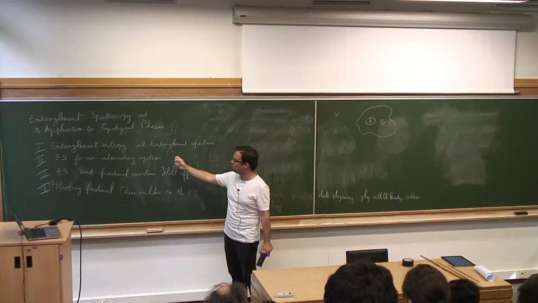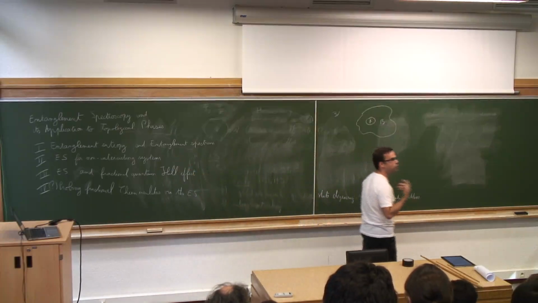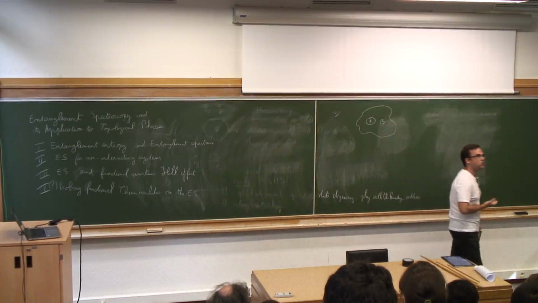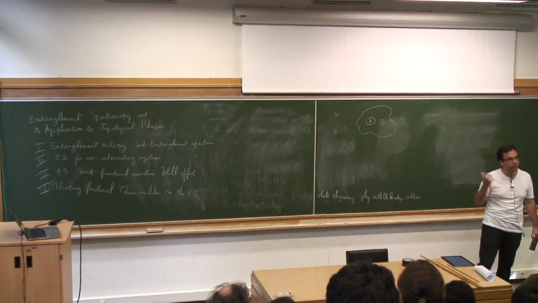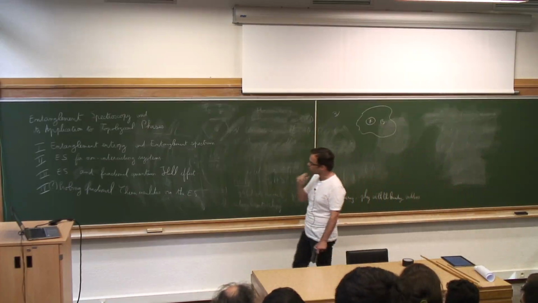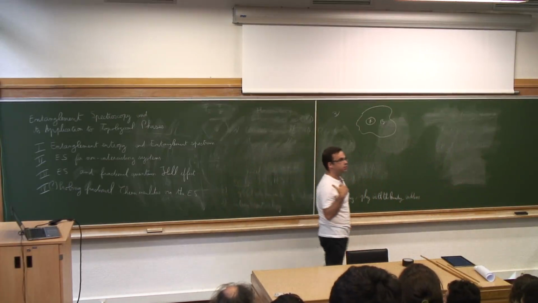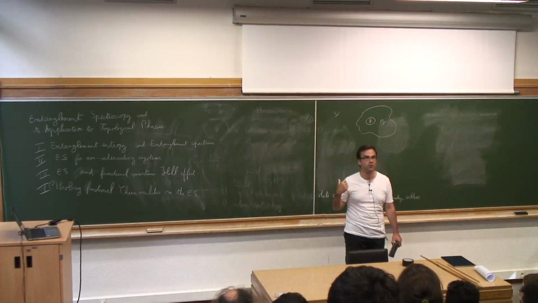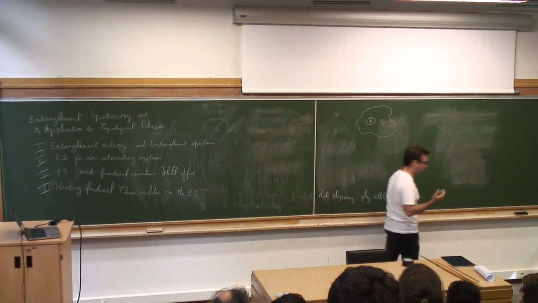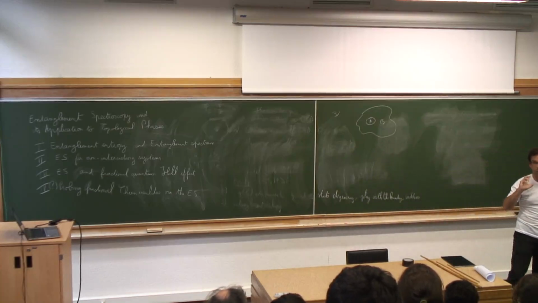The next lecture will be more about the calculation of the entanglement spectrum for non-interacting systems, where you can see the edge physics emerging from the entanglement spectrum for a system like the integer quantum Hall effect. The last lecture will be mostly about interacting systems, and I think I will focus more specifically